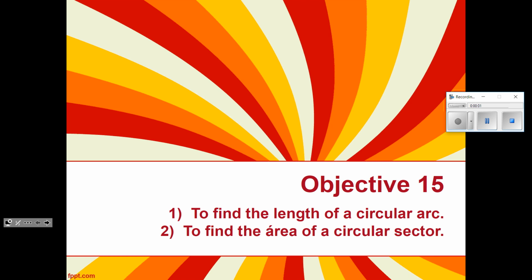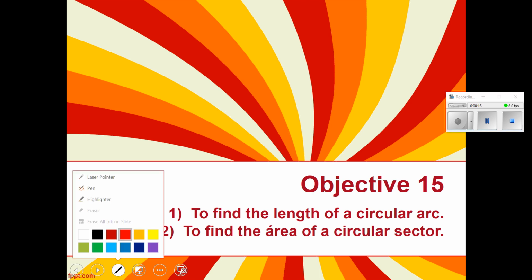This is going to be objective 15. We're going to take a look at the length of a circular arc today, and then we're going to find the area of the circular sector. So let me explain to you what that means, because if we're looking at the unit circle,